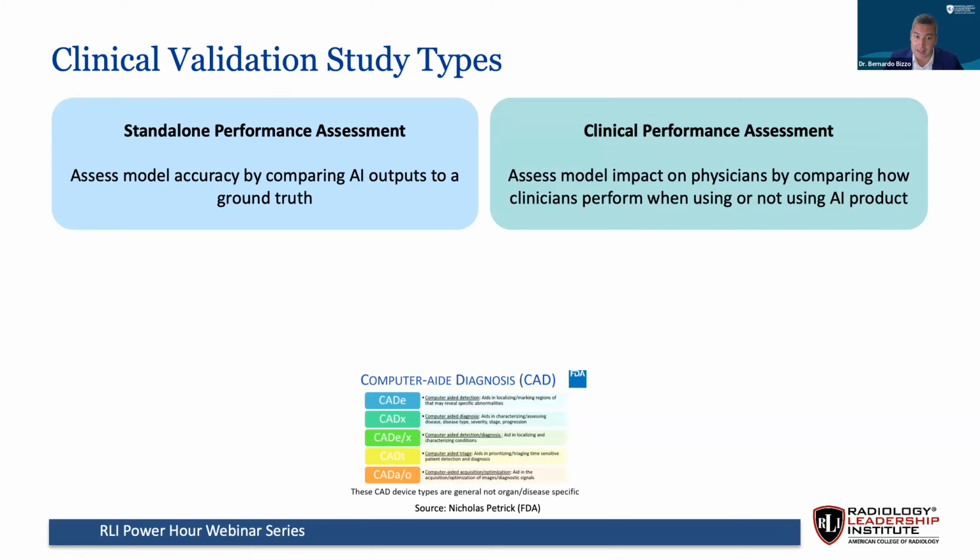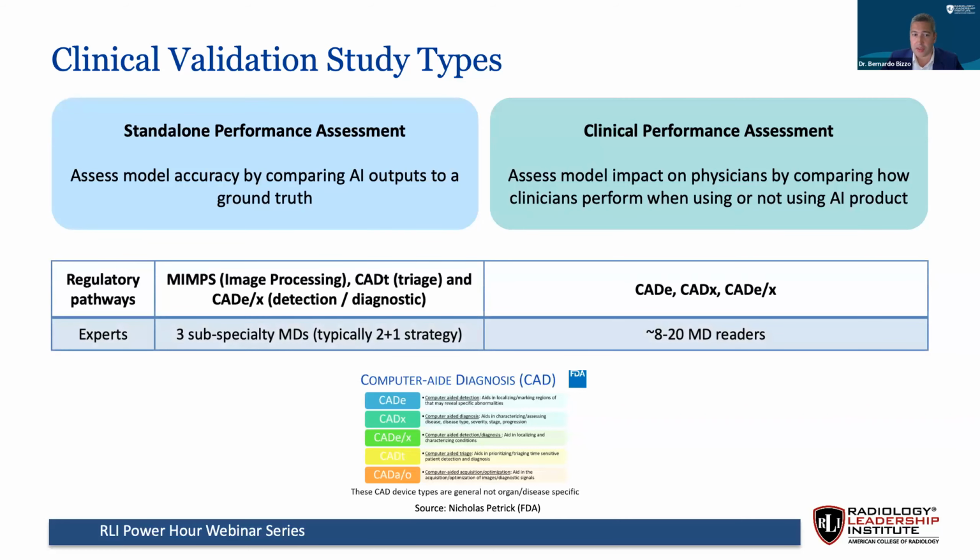Only CAD-X, or computer-aided diagnosis devices, can provide, in addition to what a CAD-E tool does, also a diagnosis, for example, predict the likelihood of a nodule being benign or malignant. And finally, what we call the MIMPs, that are image processing tools, basically to extract and measure pixel data. And to be cleared by the FDA, all these tools need at least to have what we call a standalone